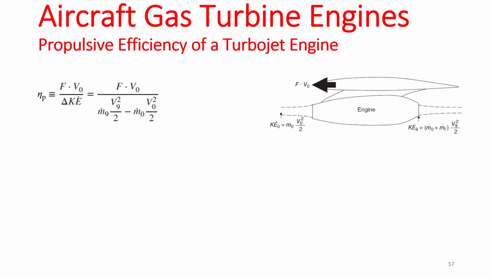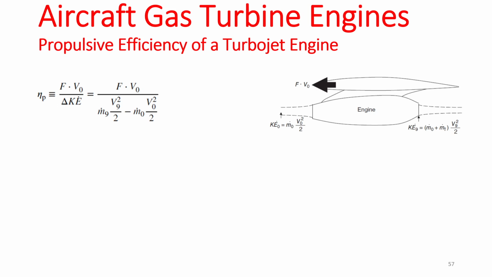They have different units. So we are going to use F dot V0. So we define the propulsive efficiency as F dot V0, which is your flight velocity,